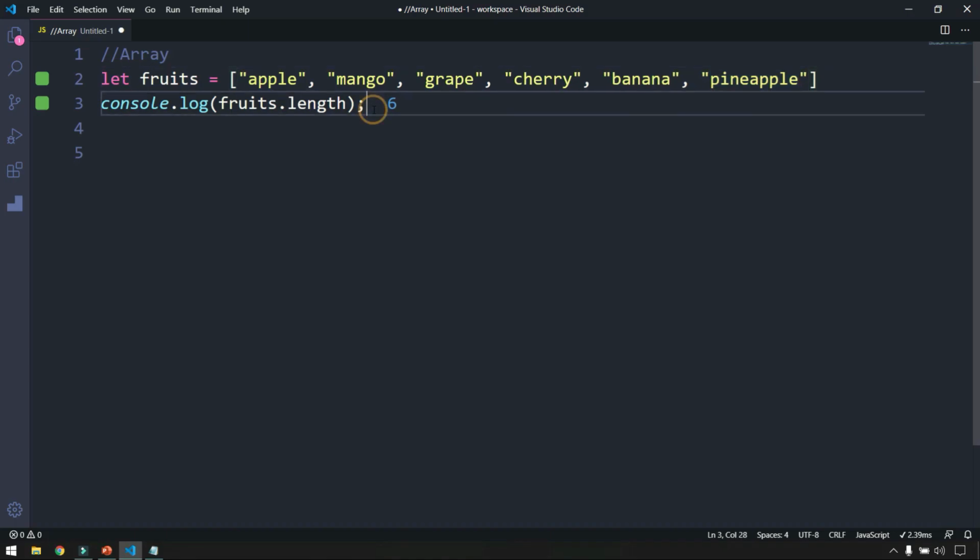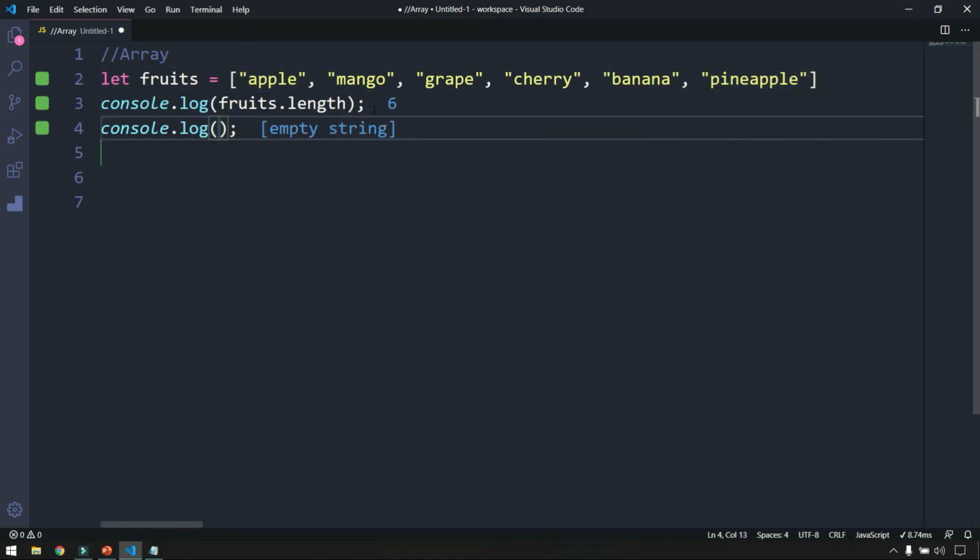But if I try to access this, I'm going to log fruits, and here within the square brackets, I have to give the index. So here if I give 6, that is going to be undefined, because whenever you fetch a value from an array, you have to do the length minus 1 always, okay. So keep that in mind.